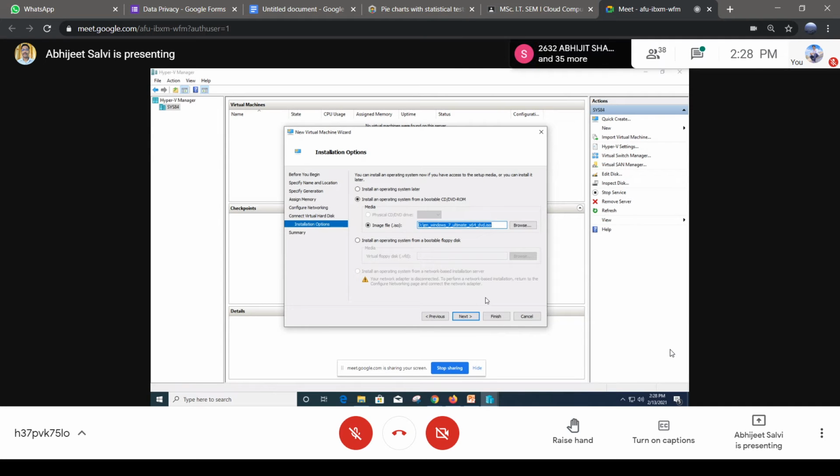On this note, I'd like to tell you to keep some ISO files with you when you are going for these cloud practicals. Windows 7 is an ideal option because it is lightweight. Then Ubuntu, and other lightweight operating systems; CentOS also will do.